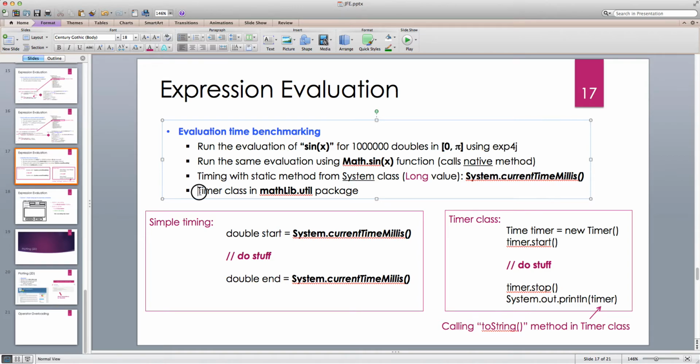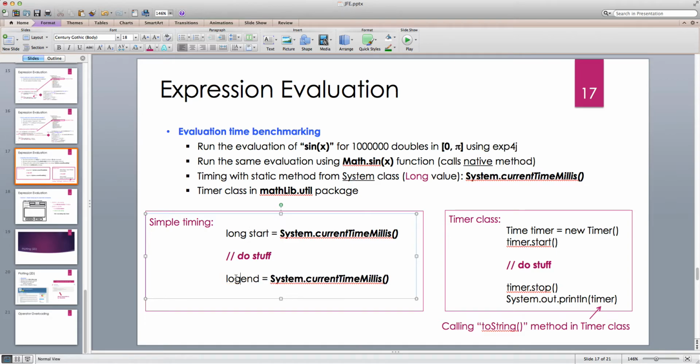And then basically the way you can do it very simply, you create a start variable of type long, System.currentTimeMillis, and then do your stuff, run the calculation or execution or whatever, and then call the current time millis again and assign it to the variable end, for example, and the total time duration is basically end minus start,